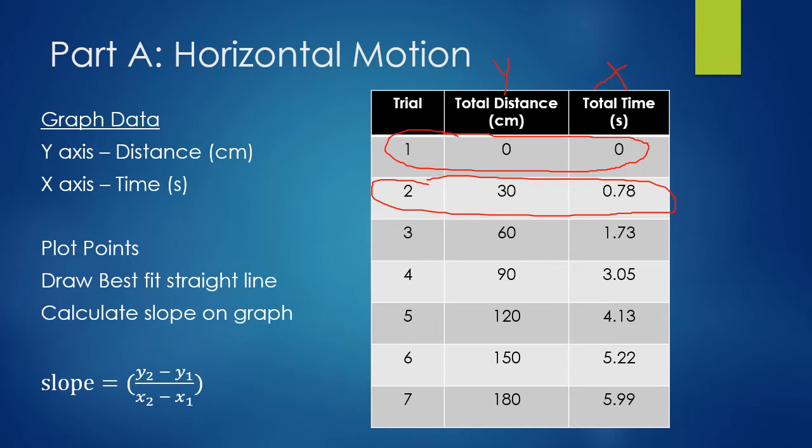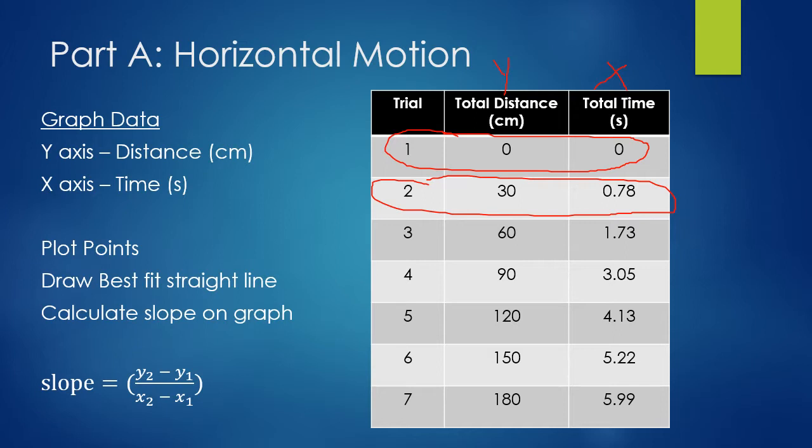Once you have your best fit straight line, you can then calculate your slope. When calculating your slope, please show your work on your graph. You can see the equation to calculate for slope below. Calculating slope, we are calculating rise over run, so we are doing the change in y over the change in x. More specifically, we will pick 2 points on the line, so make sure they are on your best fit straight line,